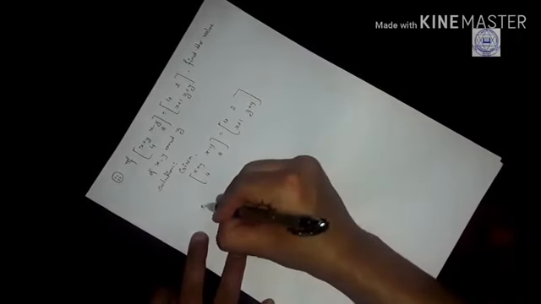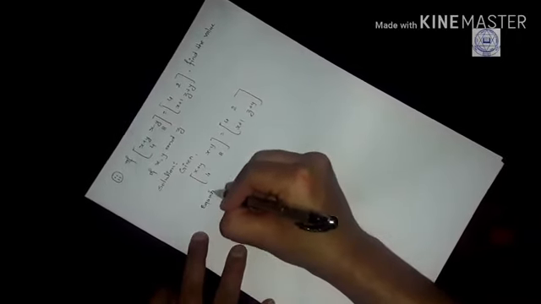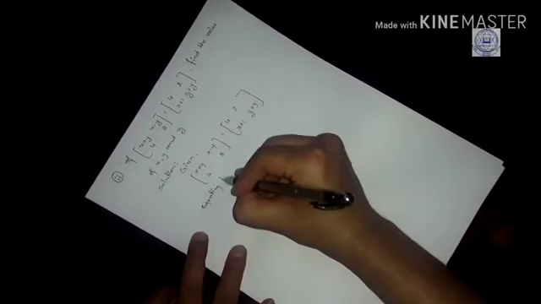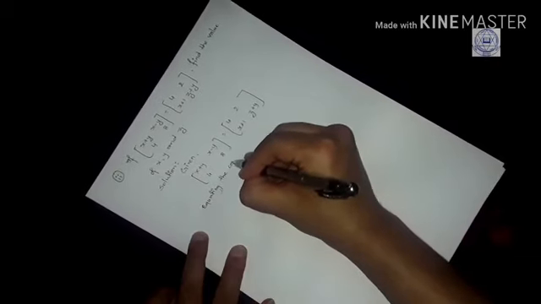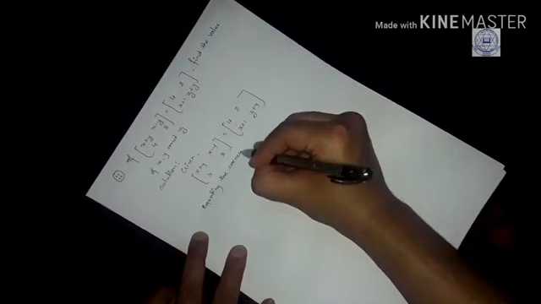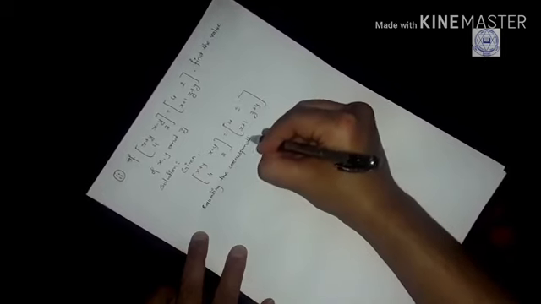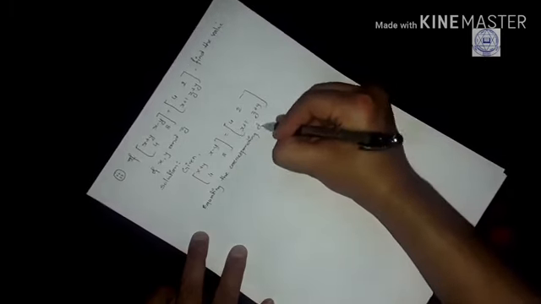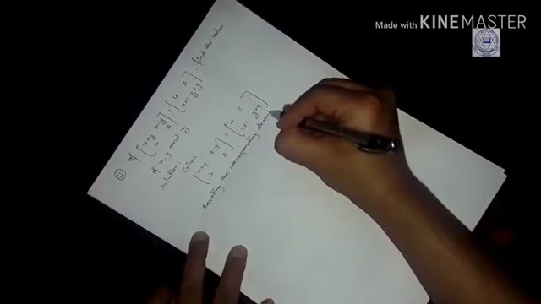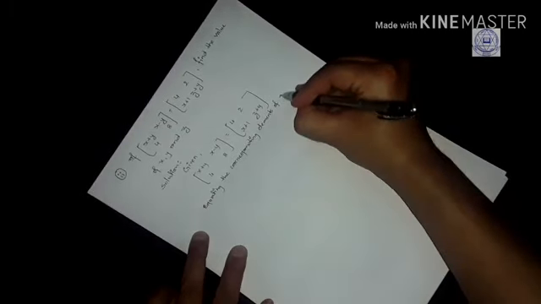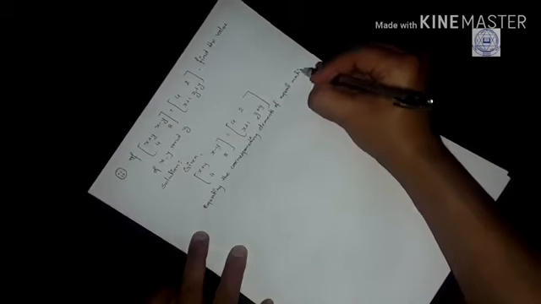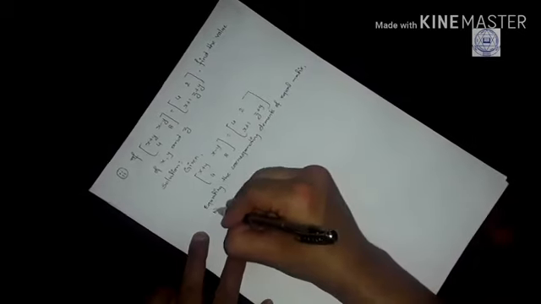So now, equating the corresponding elements of equal matrices, we get